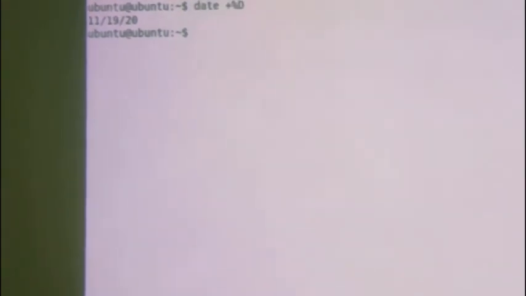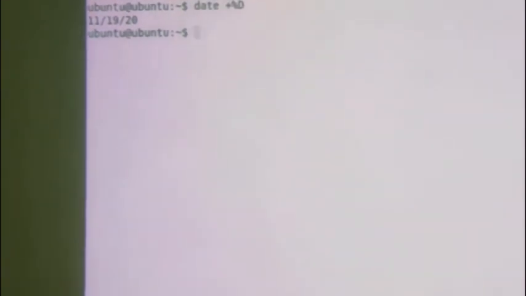You can see here date, then space, and then plus percentage sign and capital D. By issuing this command, only the date will be displayed and time will not be displayed. Just see. You can see 11/19/2020, right?